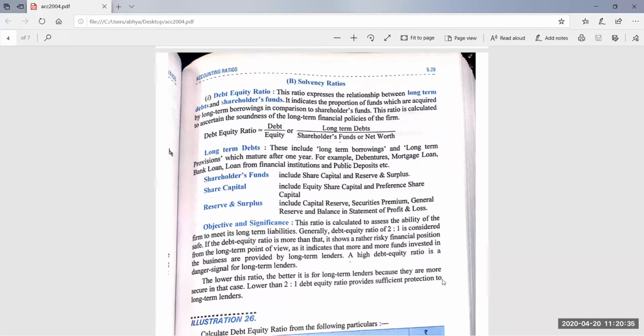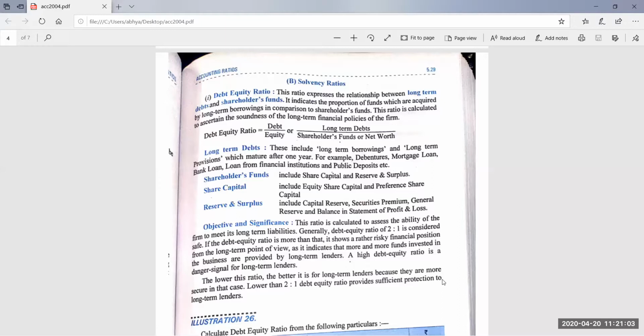So what is the difference between liquidity ratio and solvency ratio? First of all, I'm going to explain this. Listen carefully. In the balance sheet, you have seen that on the equity and liability side, three major heads are there: shareholder fund, non-current liability, current liability. All three are liabilities, but shareholders will be paid at the end. At the end means when all the third parties are paid out.